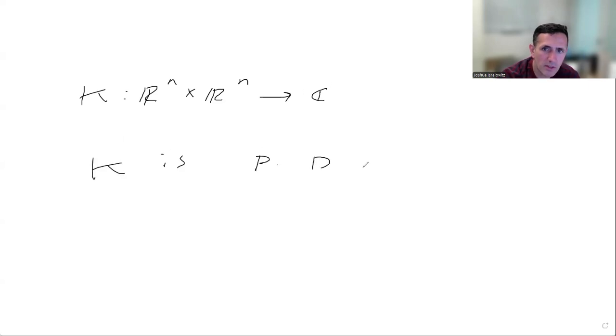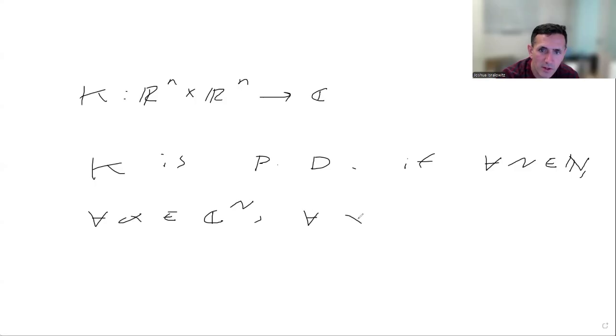So K is positive definite if for any natural number n, any alpha in Cn, and any x1 through x big N, each one of these in Rn,